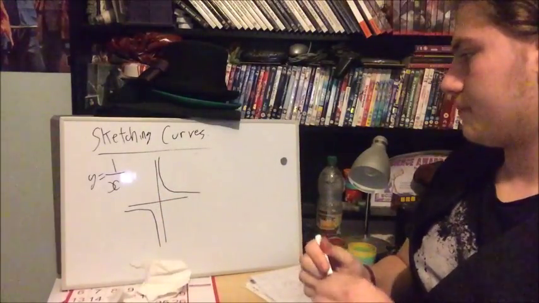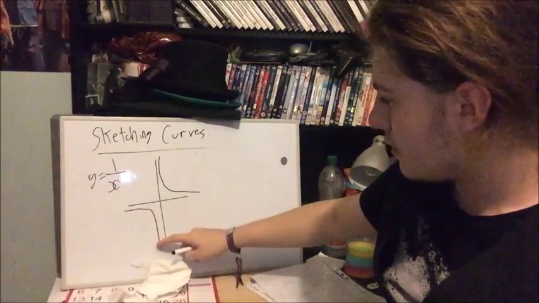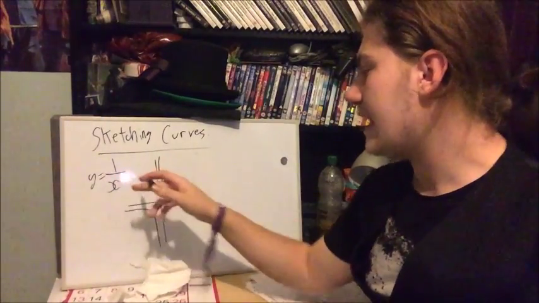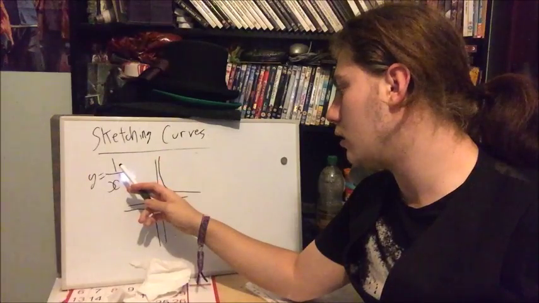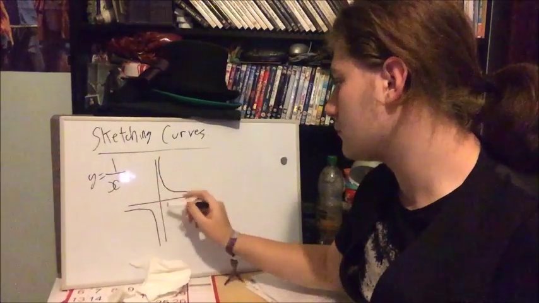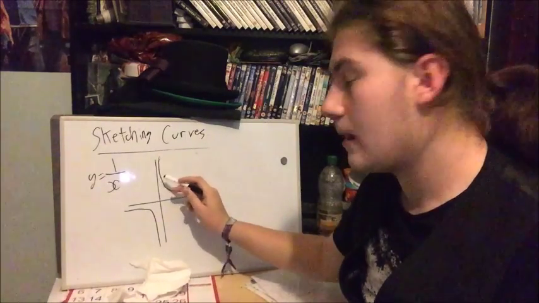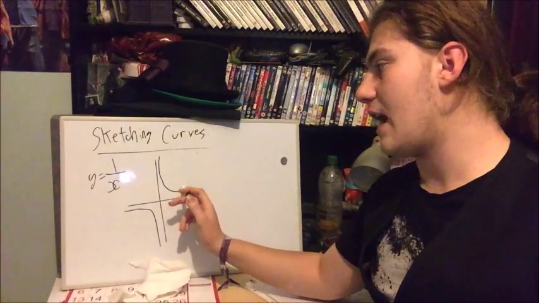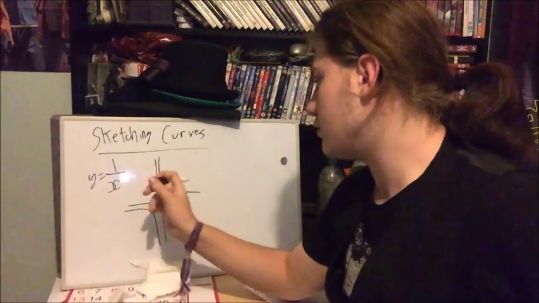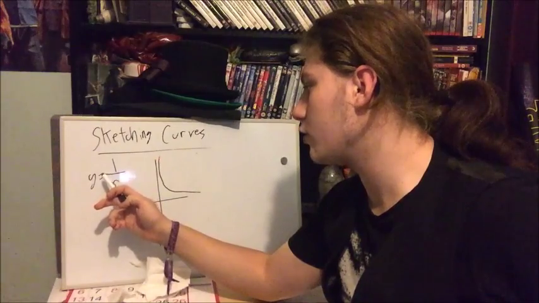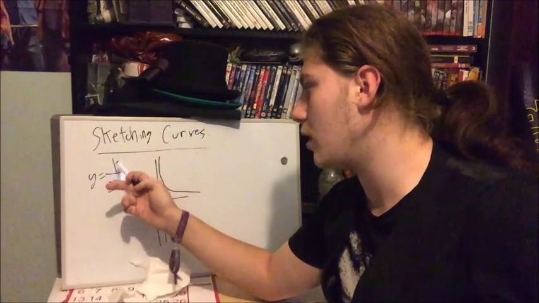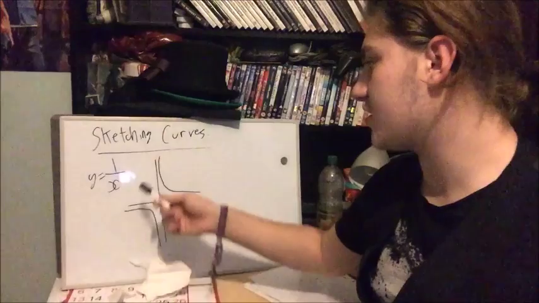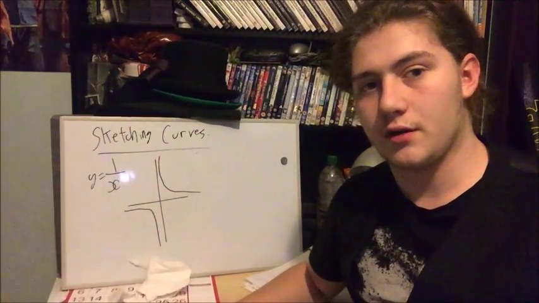Now you'll probably notice immediately that these lines never touch the axis, because if x is 1, then y will be 1 here. But if x is 2, well, then it gets smaller. X is 3, it gets slightly smaller. But at no point does this line meet, because in order for y to equal 0, you'd have to do 1 divided by infinity or something ridiculous. And when you try to substitute x equals 0, I mean 1 divided by 0, well,